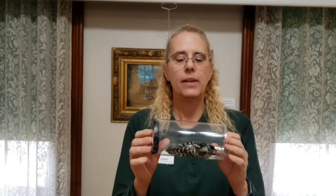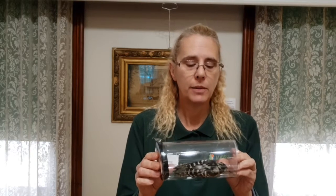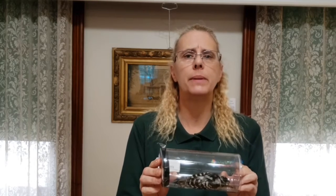We will be using different objects to show you. For example, we've got our toy, our stuffed animals here. This is a duck. We will also be using some items which are part of our outdoor education department. These are study skins or mounted specimens. These birds are not alive anymore. We use them to help educate people because it's difficult to see them sometimes out in the wild. Also, we have to have a special permit from the Division of Wildlife to be able to have these as